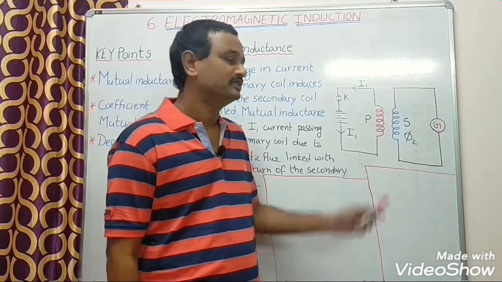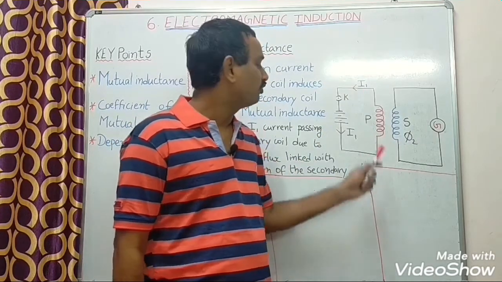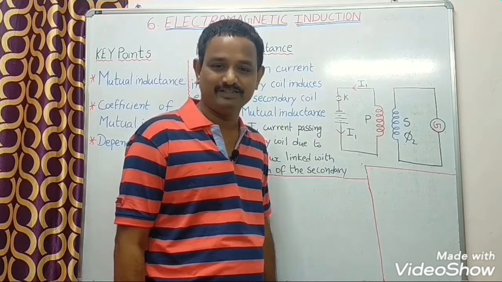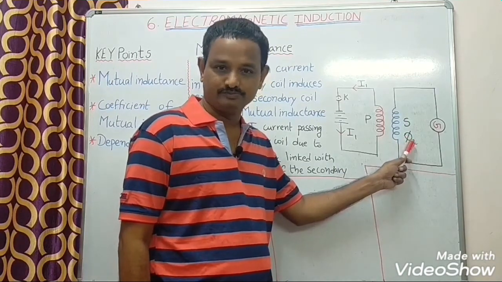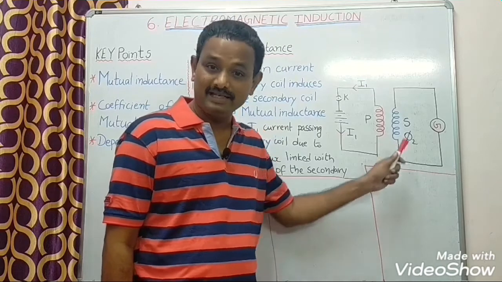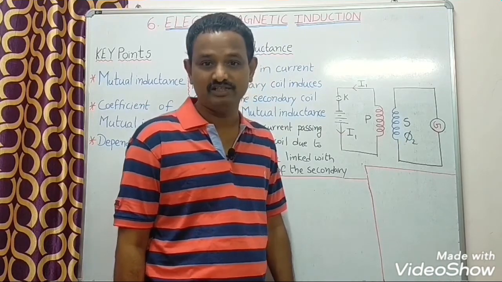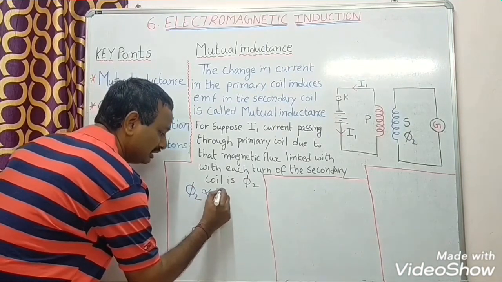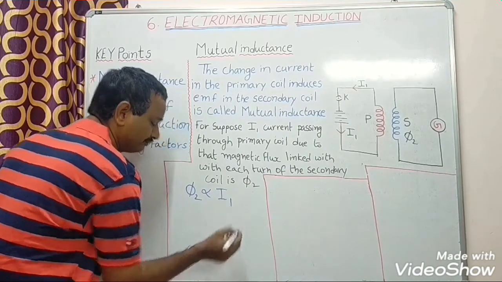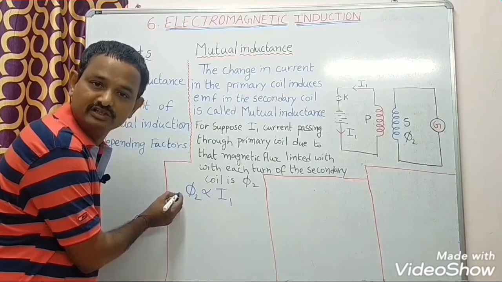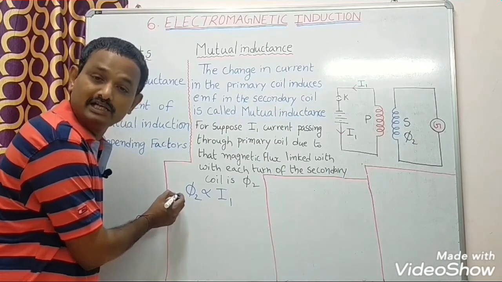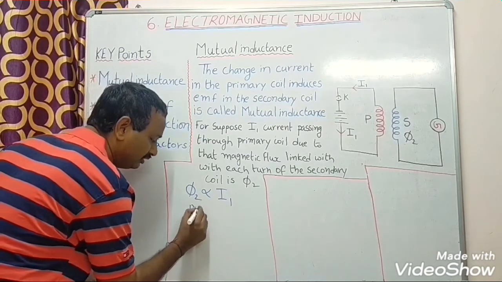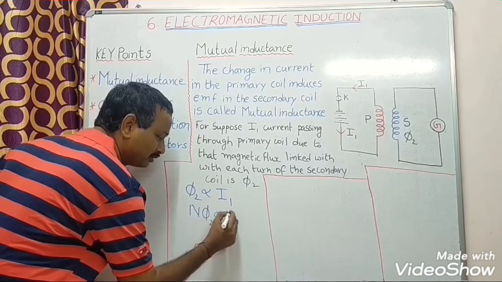For suppose, I1 is the current flowing through the primary coil. Due to that, the magnetic flux linked with the secondary coil is phi2. Here, magnetic flux is directly proportional to the strength of the current. So I can write phi2 is directly proportional to the strength of the current, that is I1. It is magnetic flux linked with 1 turn. Then the magnetic flux linked with n turns, that is the total magnetic flux, is n into phi2, directly proportional to the